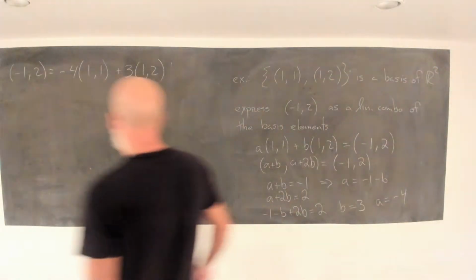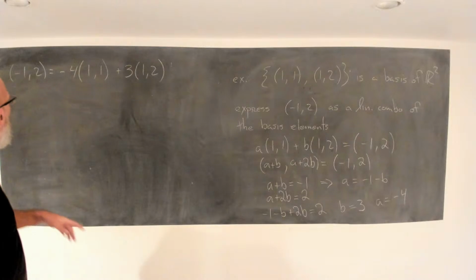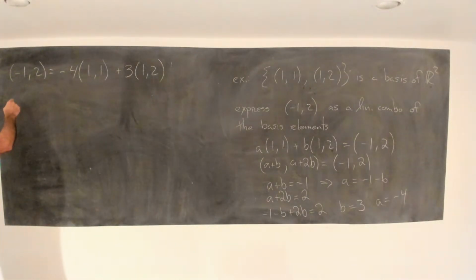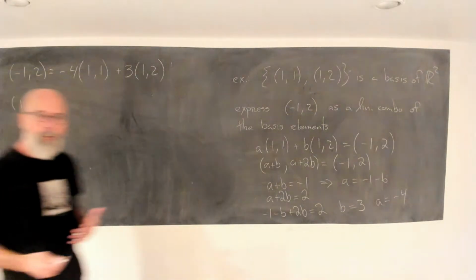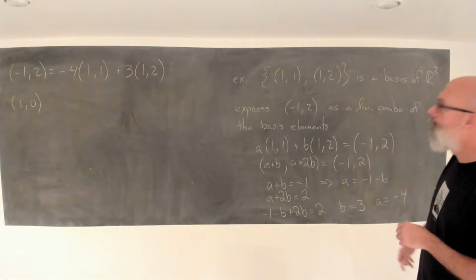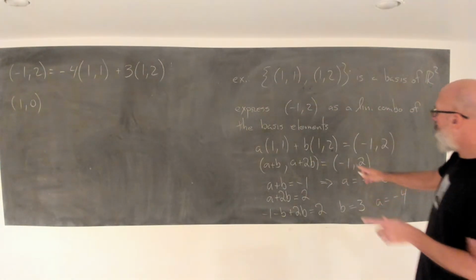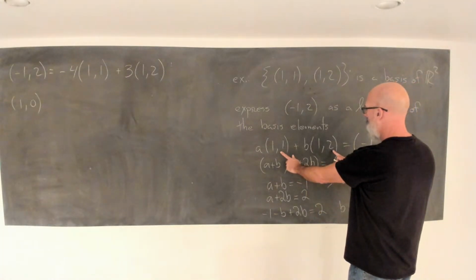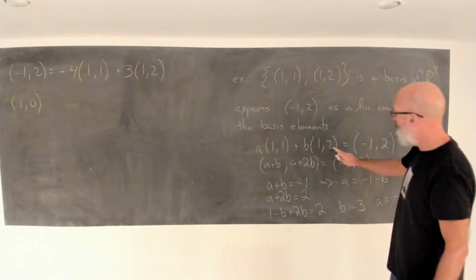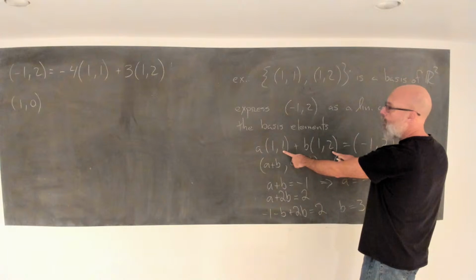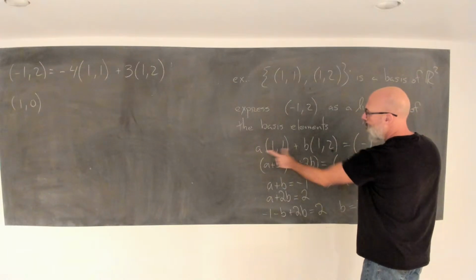Why don't we, while we're here, for fun, repeat this process with the vector 1, 0, right? Let's write 1, 0 as a linear combination of these elements. And, you know, let's be smart here. If I want to get rid of the second component here, I want a 0. So if I do 2 times this,